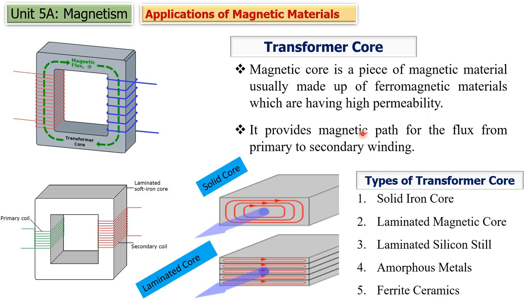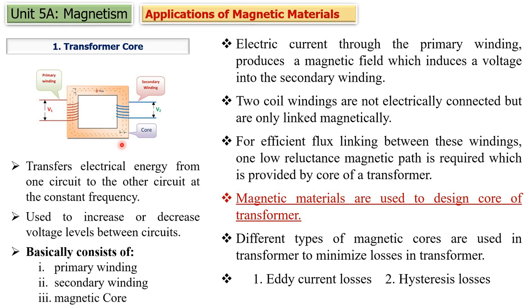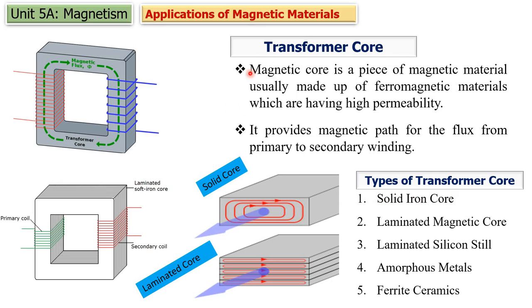Now see what type of question would be asked here. What is a transformer core? State different types of transformer core and explain any two. So you have to explain any two among these. All these diagrams are not necessary to draw in the examination. You can draw only one diagram which shows the different parts of the transformer, then write the definition of the transformer core, state the different types of core and explain any two among these. Now here we are going to see first laminated silicon steel.